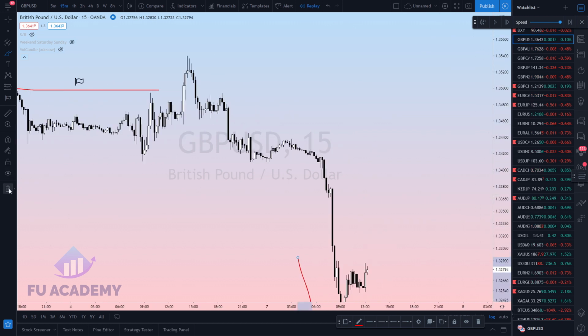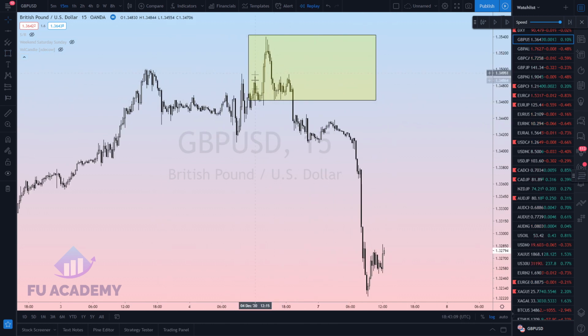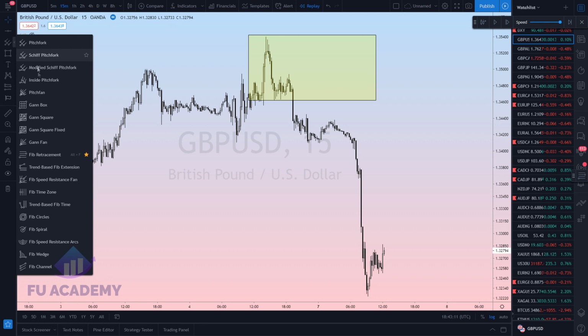Now I want you guys to notice what price has left here. It's left us a lot of imbalances. Now bear in mind, I still want to focus on this area. This is my entry area, okay, up at the manipulation phase. Okay, this right here,